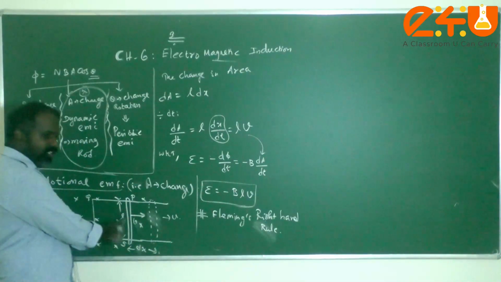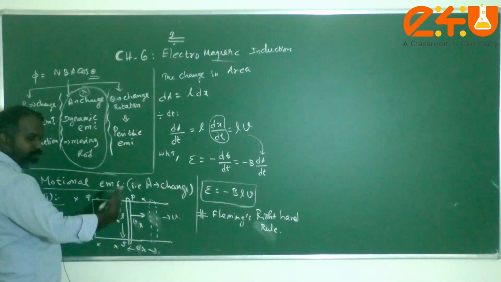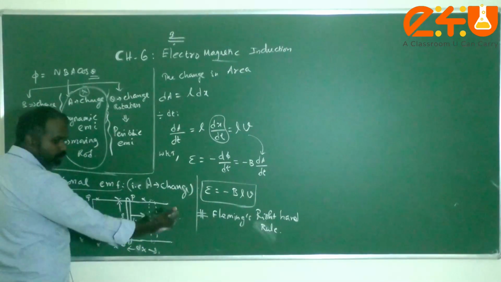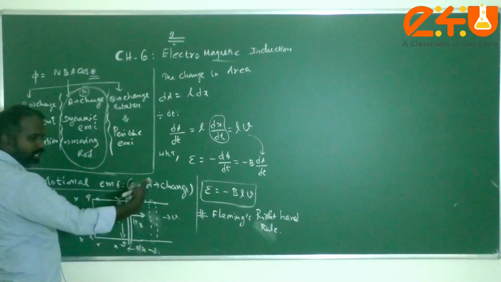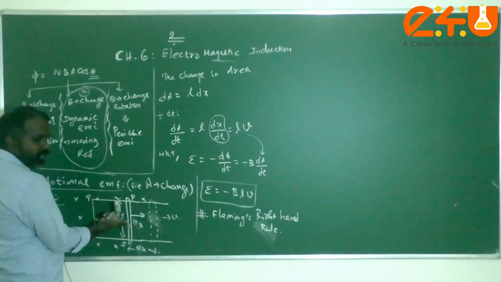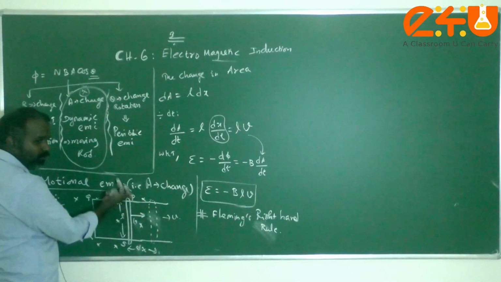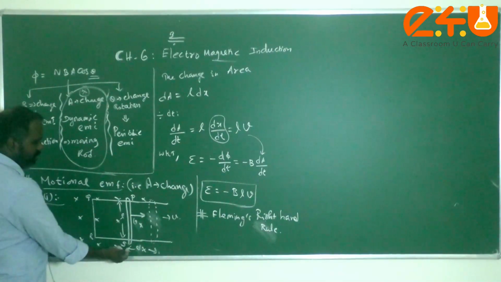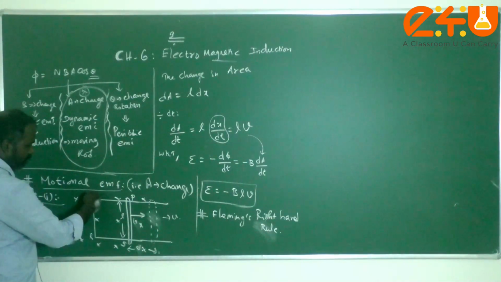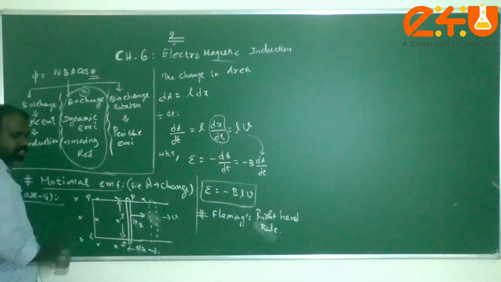So for example, in this case, since the magnetic field is normally inward, I can keep my right hand forefinger normally inward, and the conductor is moving to the right side. Therefore, I turn my hand such that my thumb is towards the right. Then what does my middle finger point to? It points from S to P. That means the current goes from S to P, then via PQ and via RS, it will go like this, that is, in the anti-clockwise direction.